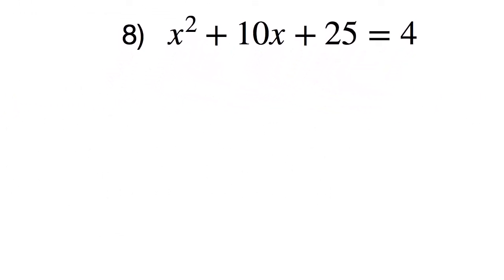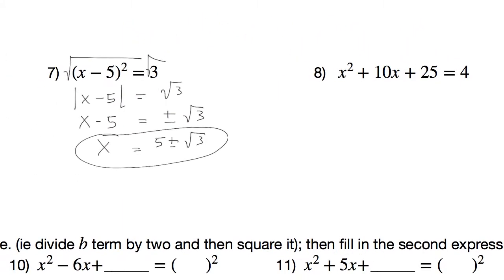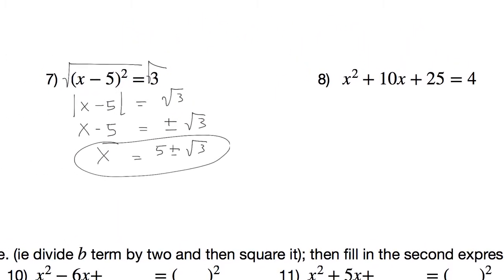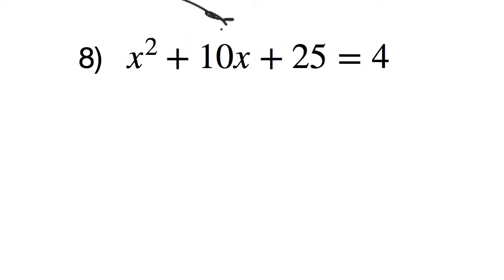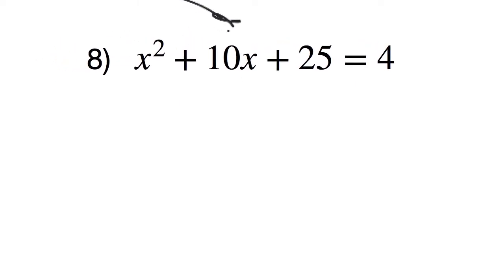Here, this is one step further back. I mean, if you really thought about it, what you could do is, as a first step, rewrite this as something that looks like this. Remember that x squared and 25 are perfect squares, and then 10x would be your middle 2ab term. So you can factor this. This becomes x plus 5 squared once it's factored